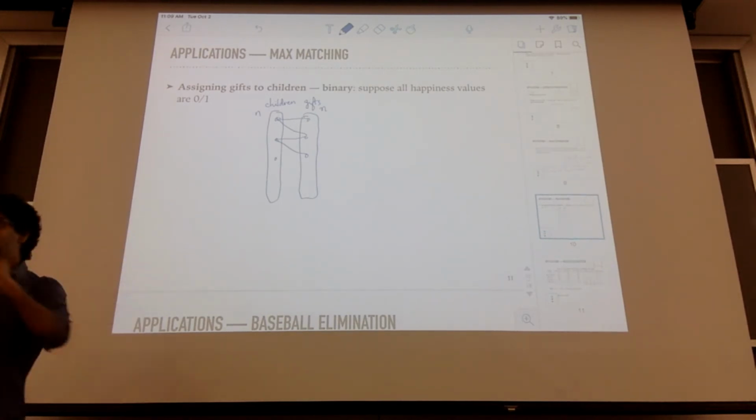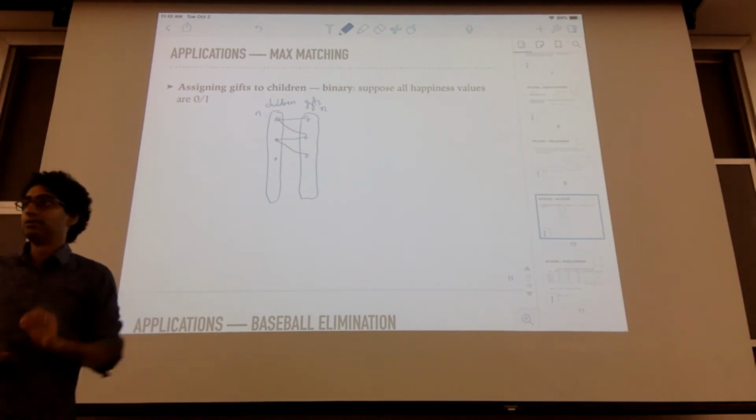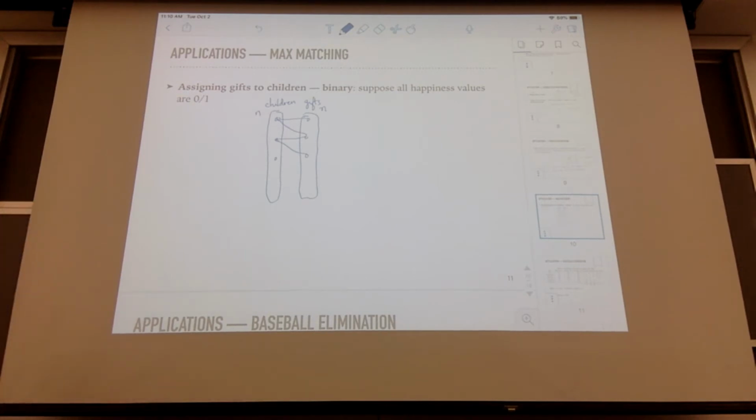Okay. And now imagine a binary version of this problem, where every happiness value is either 0 or 1. Okay, so a child is either happy or is not. Right? And our goal is now to make as many children as possible happy. So this is called the maximum matching problem, and I want to say that this can be viewed as a flow problem. Okay, so it's slightly non-trivial. So the claim is